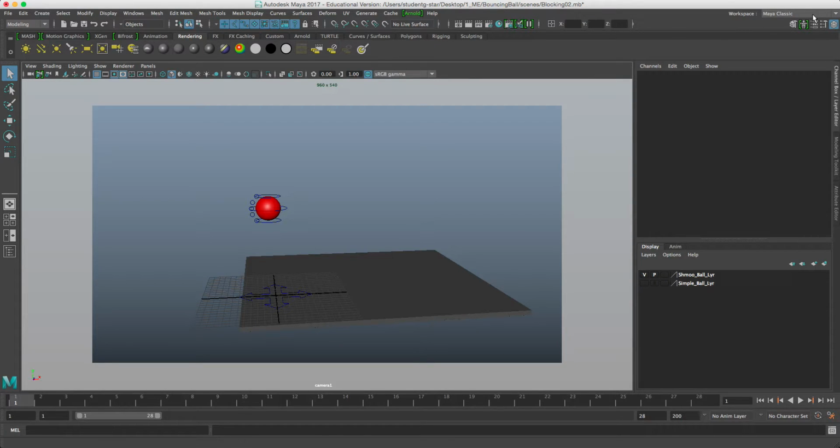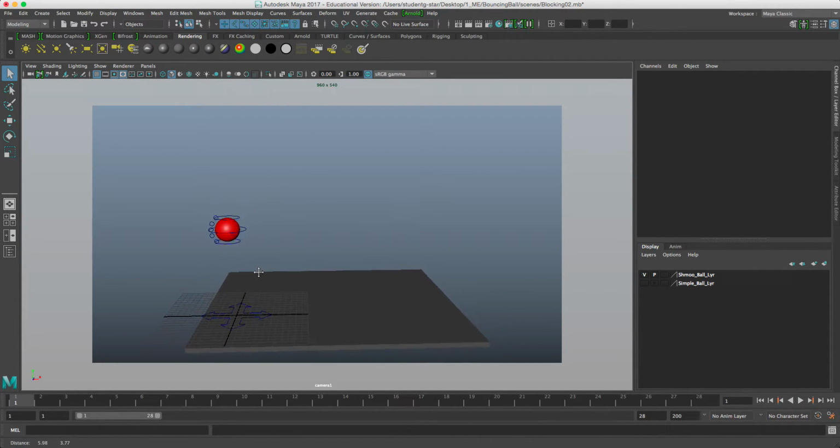Alright, so I'm going to change my screen from, actually no, let's just keep it here at Maya Classic. I don't mind having the time slider here. Okay, so in Maya you have a few different lights, and first thing that we need to do when we